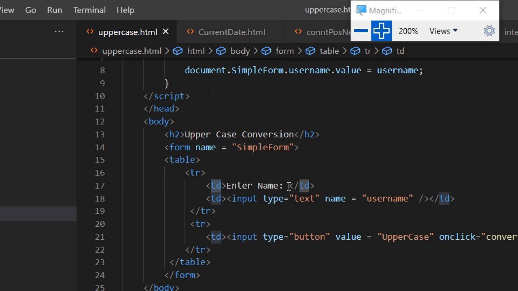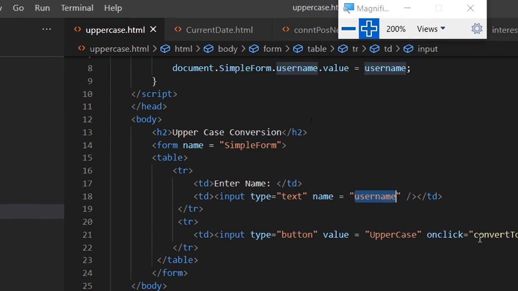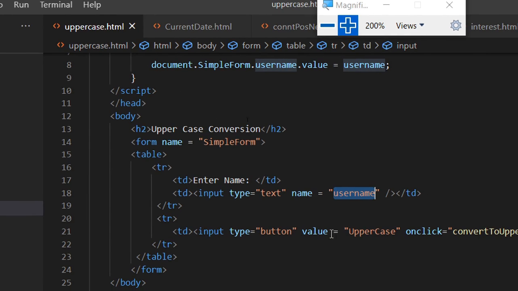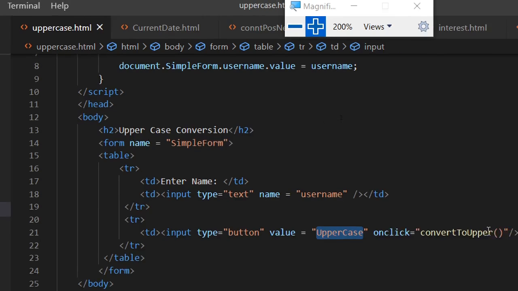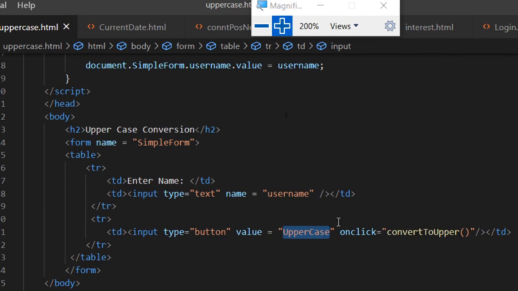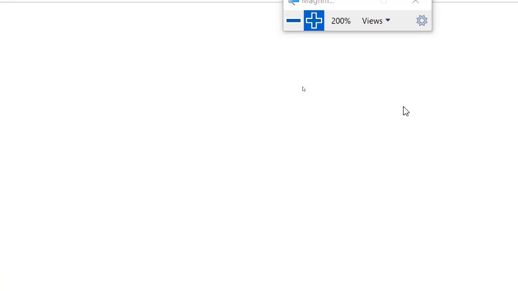The first field is enter name, then the second field is input type text, and its name is username. Then we also have a button, its value is uppercase, and on click it calls the function convert to uppercase. So this is the JavaScript function.